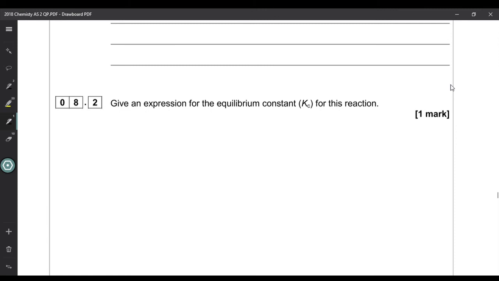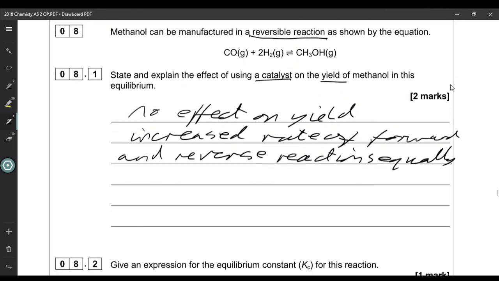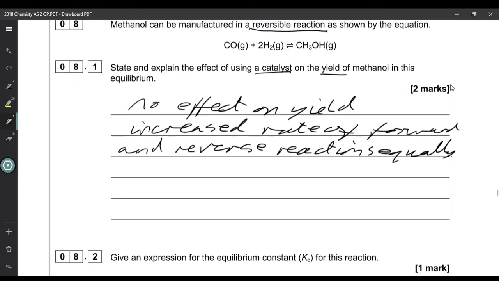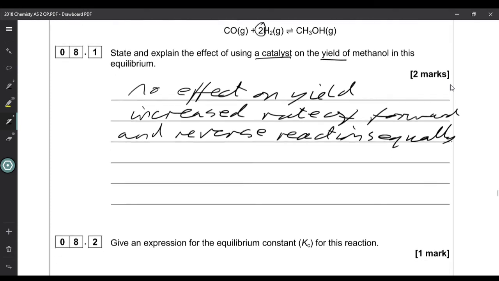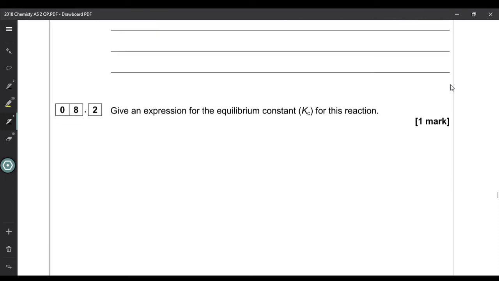Now we've been asked to give an expression for the equilibrium constant Kc of this reaction. So if we have a look at the equation again, we've got carbon monoxide and H2 on the reactant side, and on the products we've got CH3OH. So remember, we've got 2 there for the H2. So if we write out the Kc, we've got